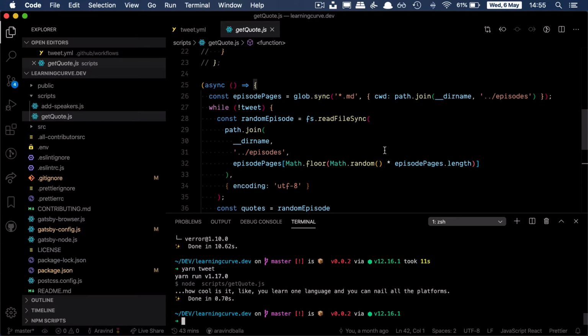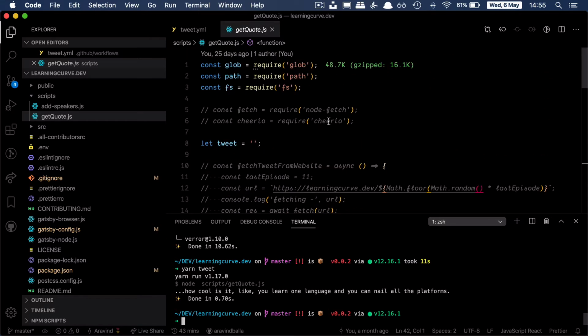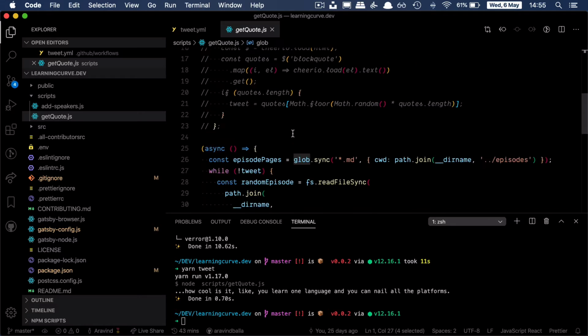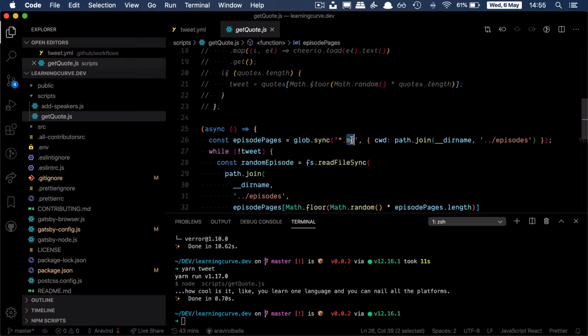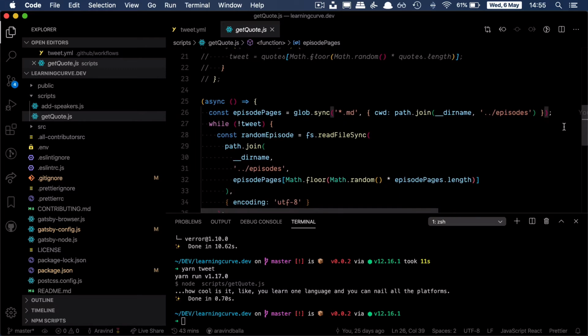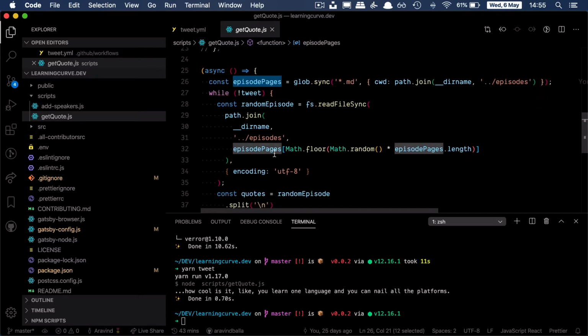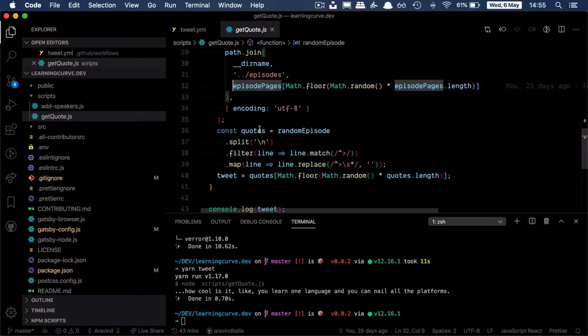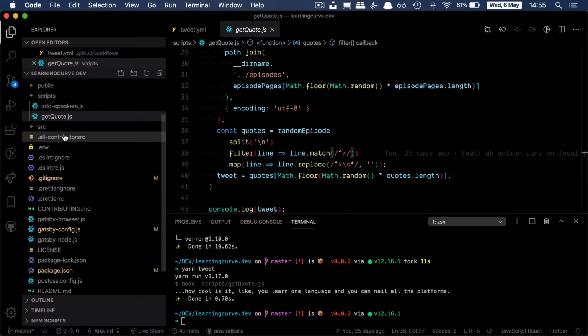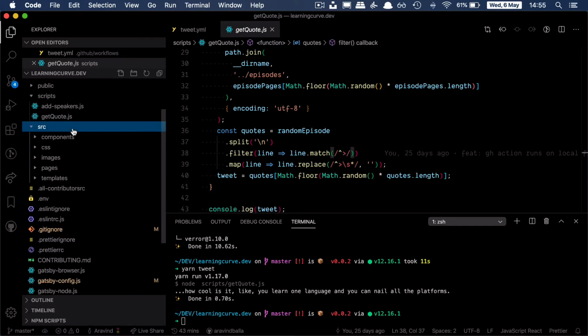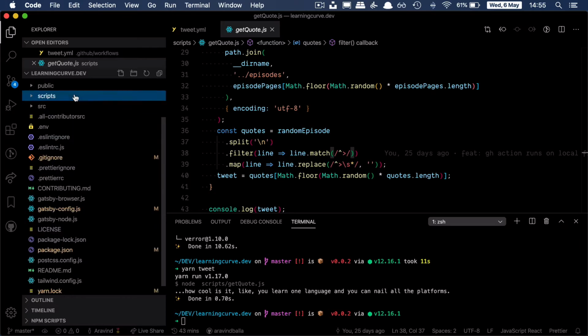If you look at the code, I've used glob to search all the markdown files. Then these episode pages contain the names of all the markdown files, and I pick a random episode page, and then I filter out all the quotes. Quotes start with this markdown syntax. Let me show you how the file looks. So here in the content